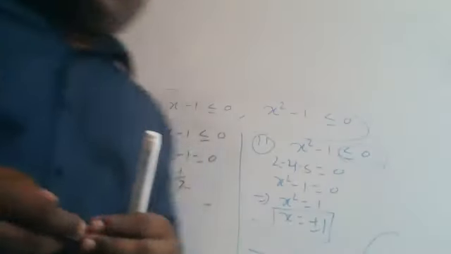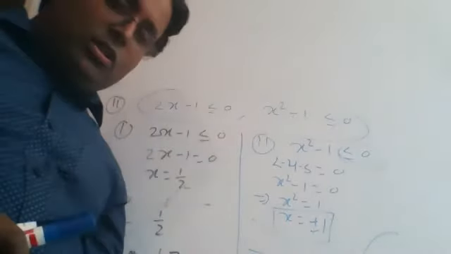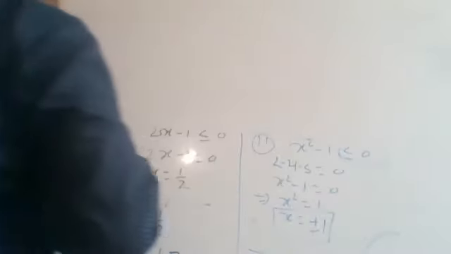Simple. So by this way, we have to solve the given inequalities individually. First of all, just write down. The first inequality has the solution, this one, and the second inequality has the solution, this one. Now after that, we have to take the common solution, everyone. So just write down common solution.